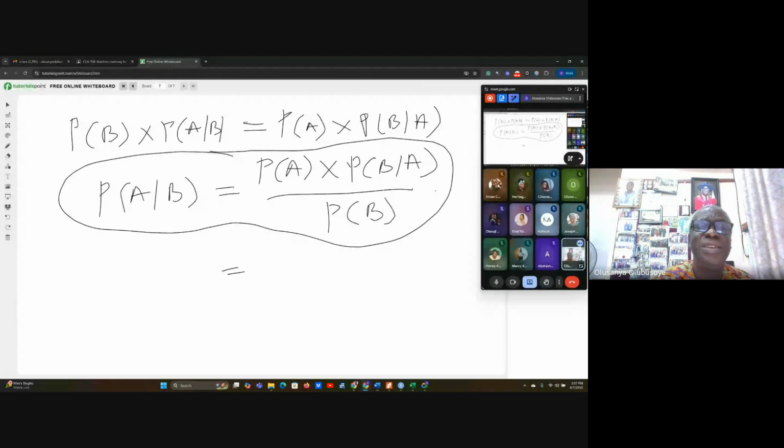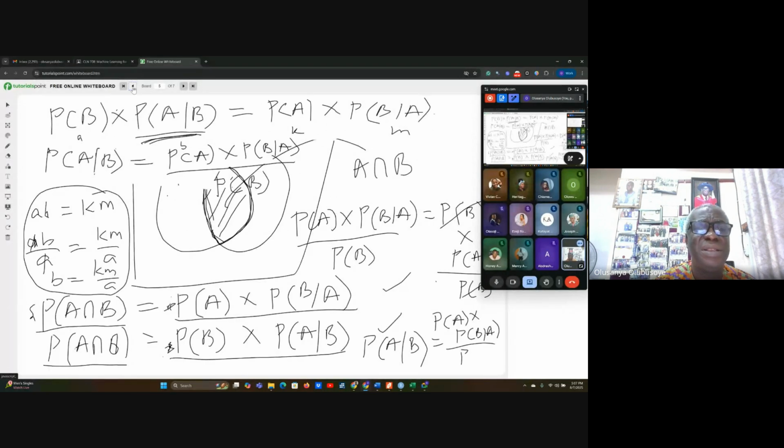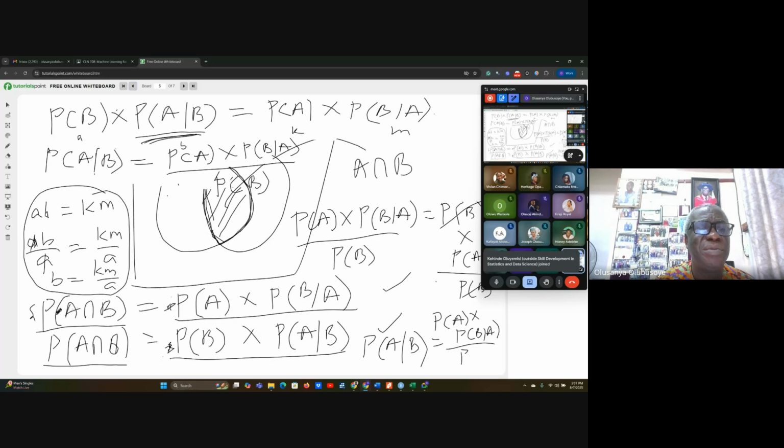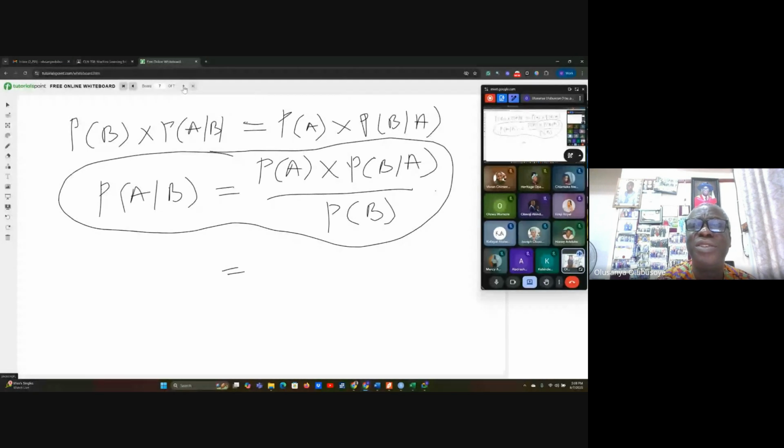But again, if you go back to the expression that I have here, look at the probability of the intersection, which is probability of A times probability of B given A. Now look at what we have here. You will see that what is in the numerator here is nothing but probability of A intersection B over